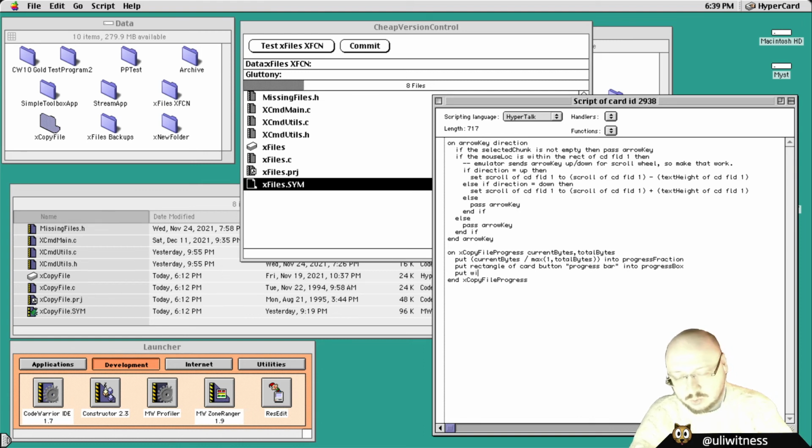Okay, put width of card field file count minus 2, that's the 2 pixels for the black line, times progress fraction into progress width. And now